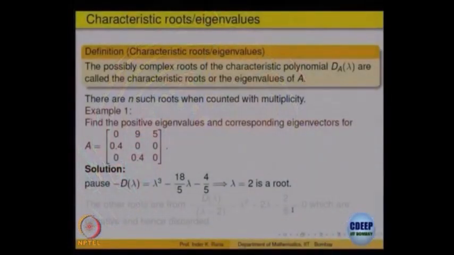So, the problem is how to solve that polynomial, find the roots of that polynomial. These are the values which are going to be called the eigenvalues of the matrix, right. So, the roots of this are the eigenvalues, right. Roots of the characteristic polynomial are the eigenvalues. Now, here is a theorem in algebra called the fundamental theorem of algebra. Here the coefficients are all going to be real, right. We are looking at real matrices,